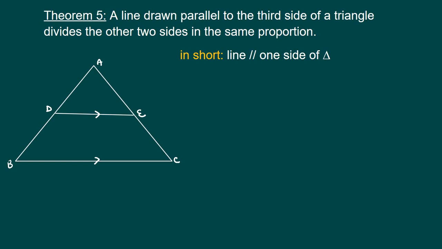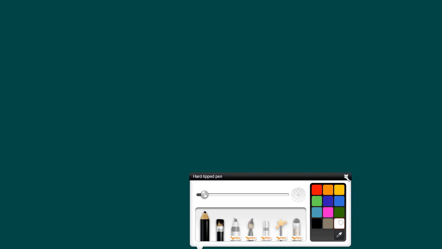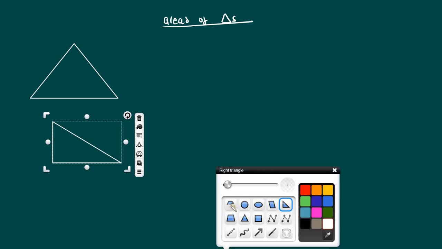For us to understand it though, let me do this. Perfect. Let's talk a bit about a topic that I know we've been doing a lot of times. Let's talk about the areas of triangles. Let's actually first start talking about the areas of triangles. Now, let me have some triangles here. This is the first triangle there. This is the second triangle there. And then